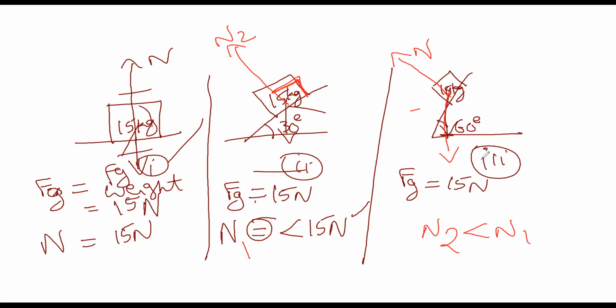This is just knowing how the normal force will be and how the gravitational force acts. We are clear with only the direction now. Next we'll find out the value of the normal force in different cases. So first is clear, right? Normal force is always perpendicular to the surface and the gravitational force always acts downwards.